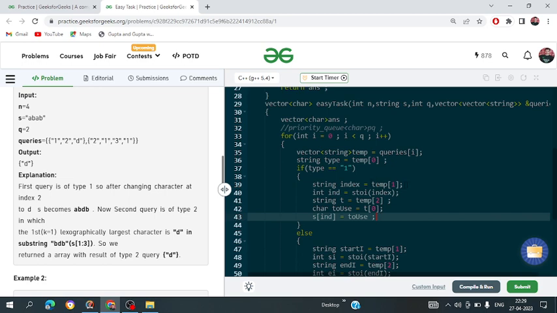So first I get the index, meaning type 1, temp 1, which I had stored in the index variable. Then this is a very important function, known as the string to integer function, STOI. So I had converted this index from the string to the integer form and stored it into the variable index. After that,